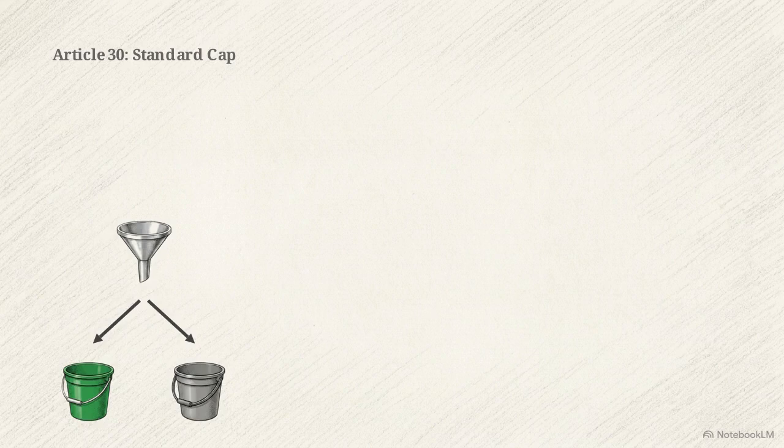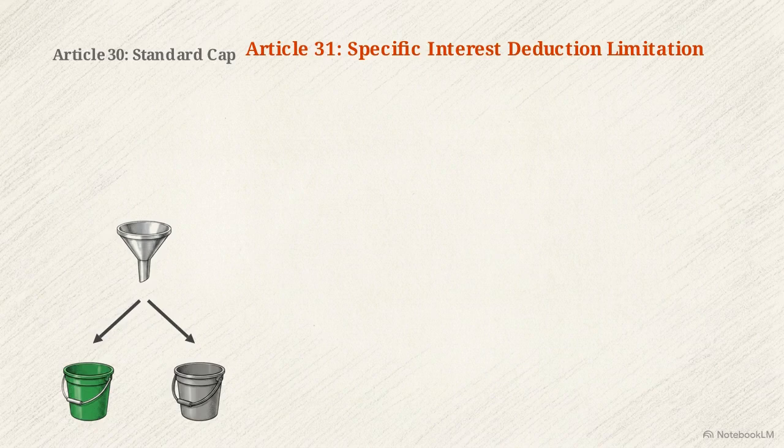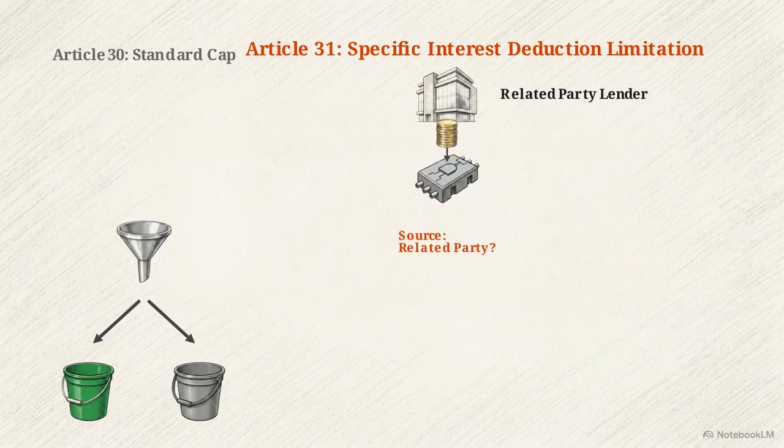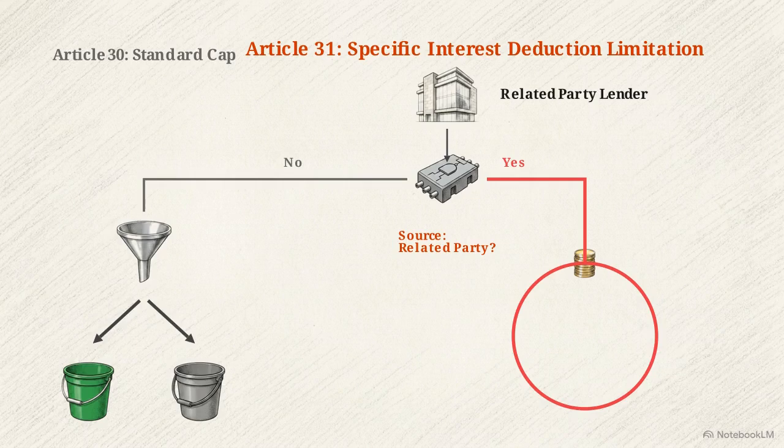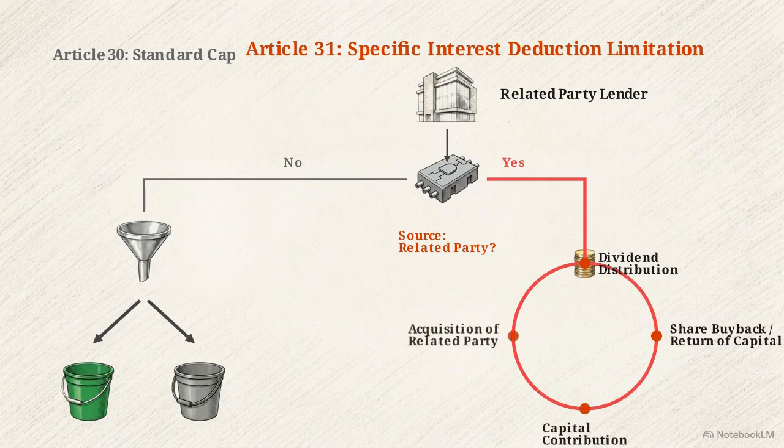We must also evaluate the anti-abuse override established in Article 31. This rule triggers specifically when debt is obtained, directly or indirectly, from a related party. The restriction activates if that related party loan is used for 4 specific transactions: funding a dividend distribution, a share buyback, a return of capital, or capital contribution to another related party. These activities prevent circular funding loops, where money is passed back and forth simply to generate interest deductions without creating